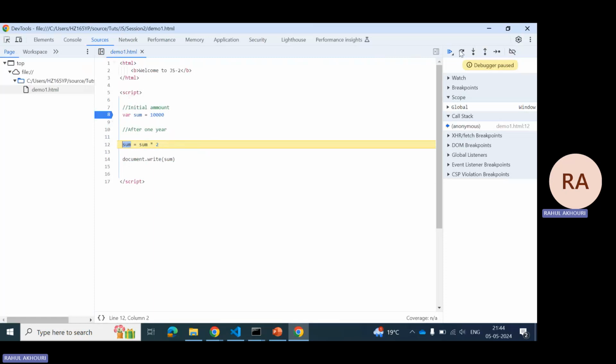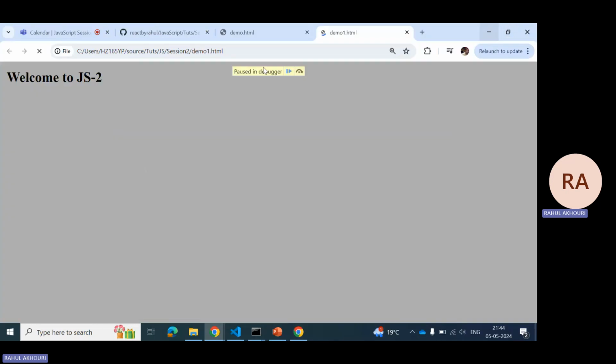Nothing complicated, it's simple. So if you do sum equal to sum into 2, okay, so it becomes 20,000. You can see everything, every line you can see. 20,000. Document dot write sum, we are going to do this now, but if you go to this thing, it's not